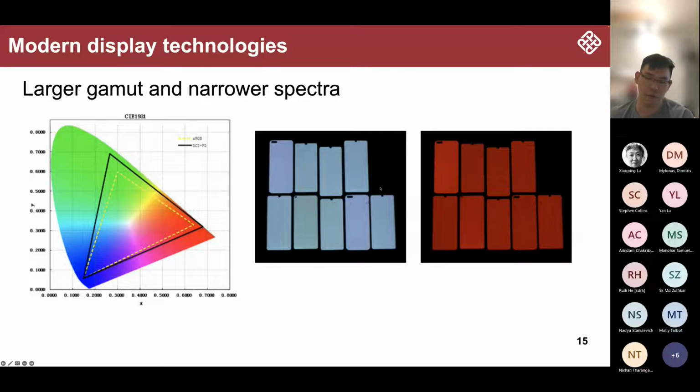And this is especially serious for white colors. Because white happens in the middle of the chromaticity diagram, and we have small differences at each wavelength, and if we add them together, it can create a very obvious difference. For the red colors, you can see it's not so obvious. That's the reason why white point calibration is pretty important for the display industry.